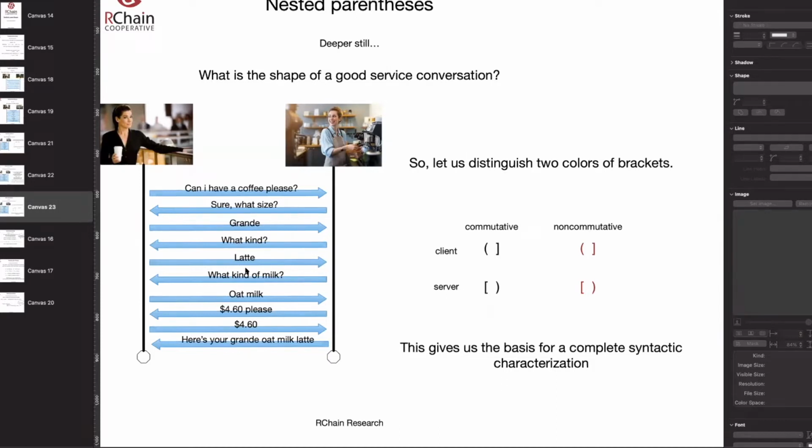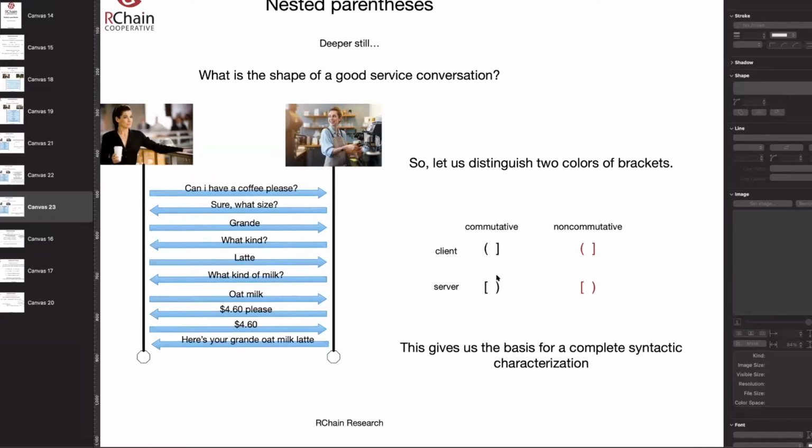And so you want to be able to distinguish between actions in the session that are commutative versus actions that are not. So we'll give them colors, right? So the non-commutative will be red. So now we have 3 dimensions: client and server, request and response, commutative and non-commutative.